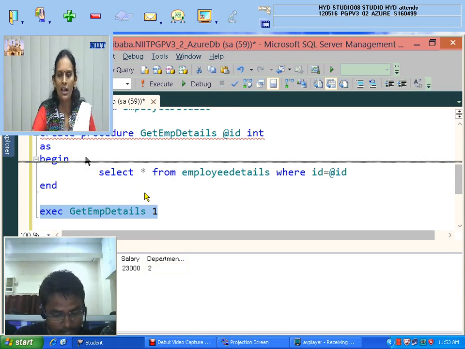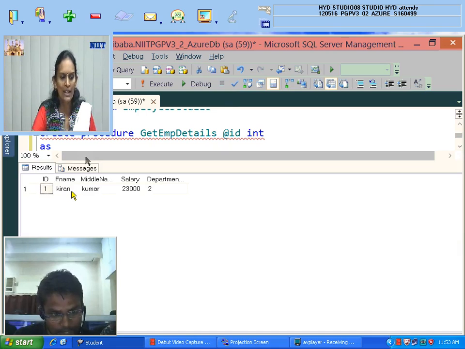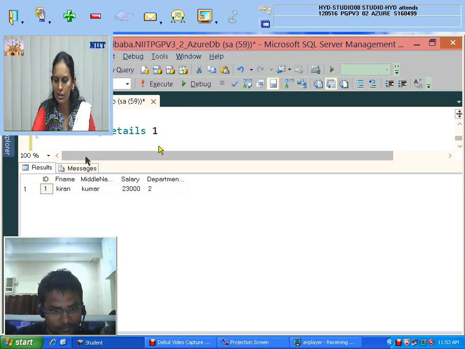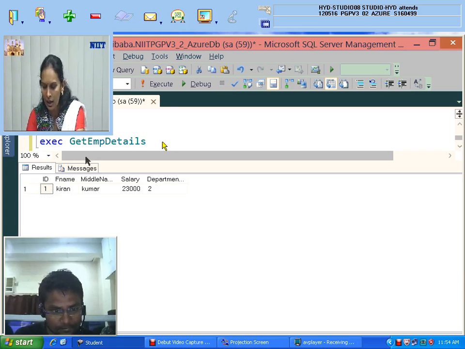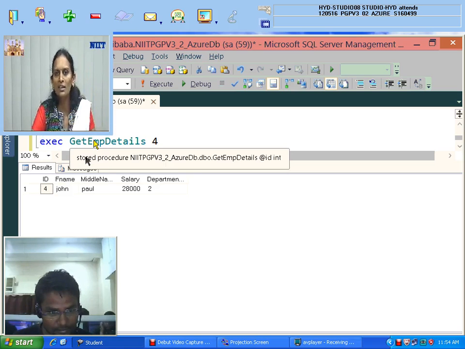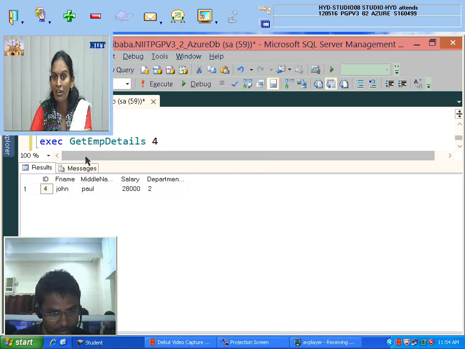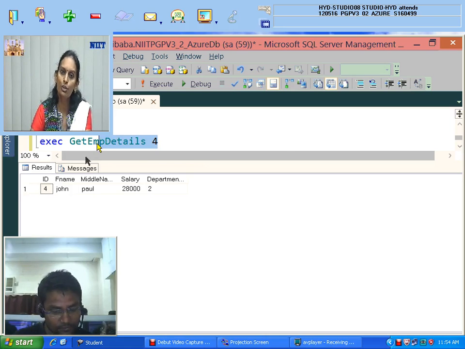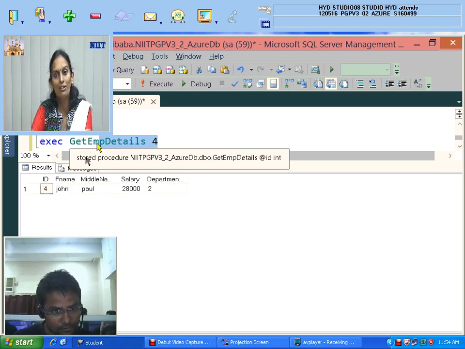Check whose data I got: whose ID is equal to 1, that record I got. When I am executing the procedure, in case I give 4, then whose record should come? Only whose ID is 4, that record should come. So this is the procedure I have created. This procedure I am going to execute using direct SQL. And this is also retrieval, not insertion, deletion, updation, it is retrieval. Again I should not use the execute SQL command, I should use the SQL query command.